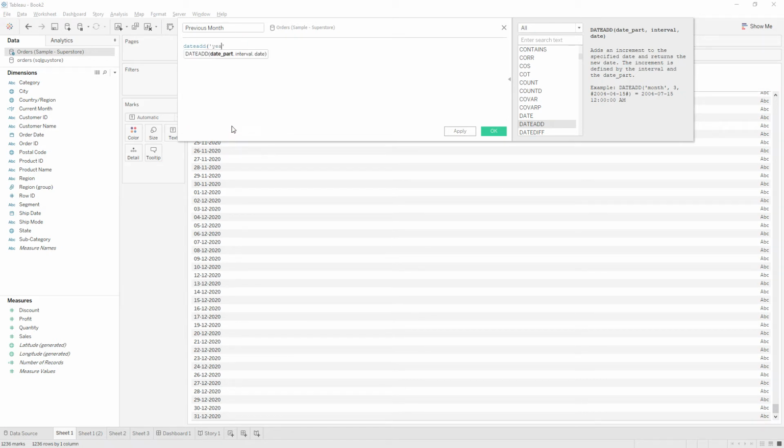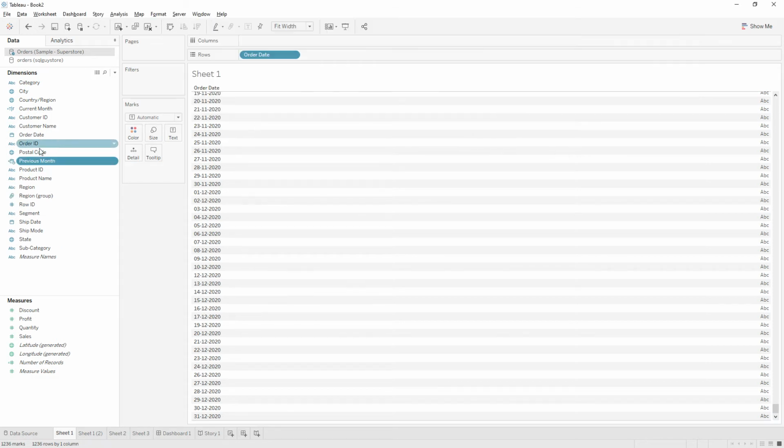If I give year as a date part and date value as interval as negative, then you can go back to the previous year. -1 will take you to 2019. So use today's date, and today is 2020. If you subtract 1 year from that, you will get 2019. Let me apply and see the output.